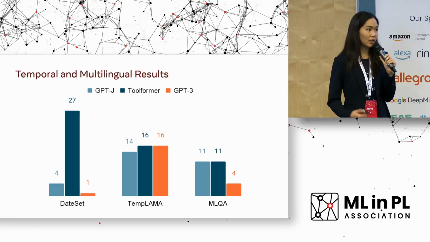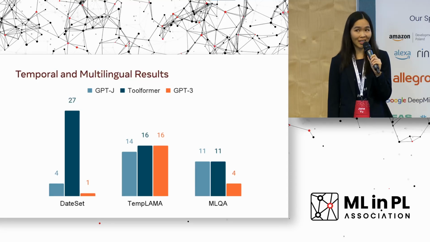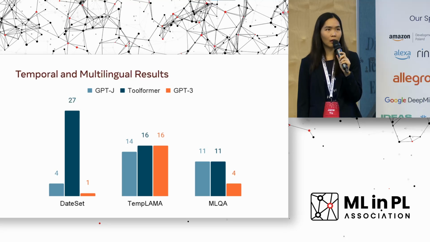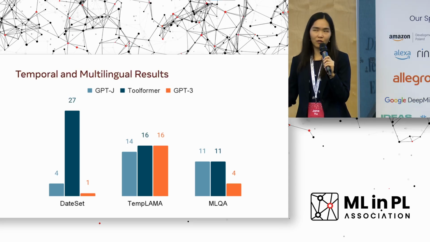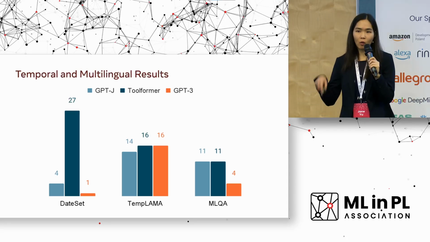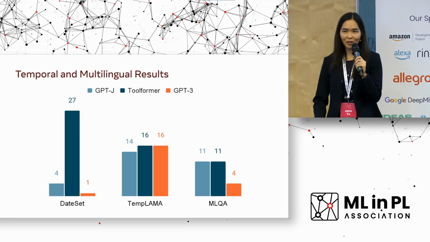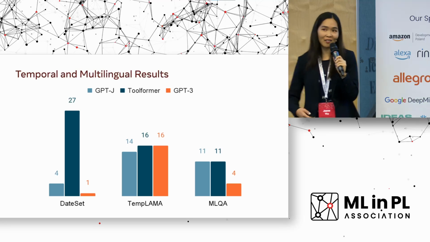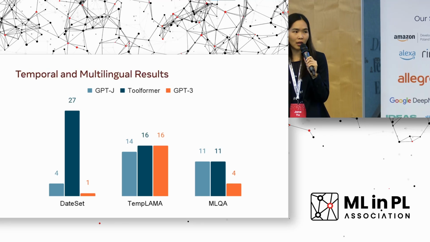And now turning to the temporal and multilingual tasks. The first dataset I have here is called the DateSet dataset. It's a dataset that we designed, and it has questions like, how many weeks is it until Christmas? Or what day of the week was it 15 days ago? So this needs information about what specific day it is today. And as you can see here, GPTJ and GPT-3 are really suffering. They don't know what day it is today, and they're probably just guessing, and so they get non-zero performance, but it's still pretty bad. Whereas Toolformer is able to know what day it is today,